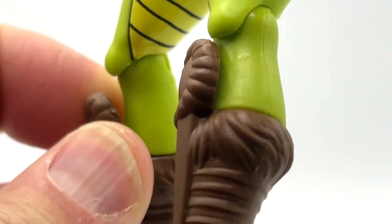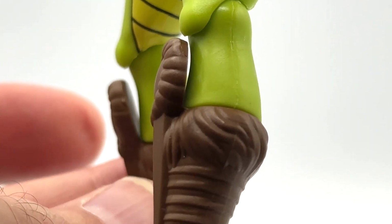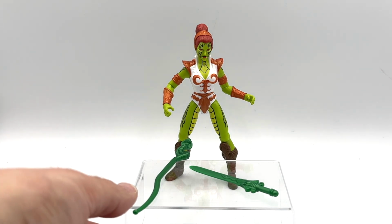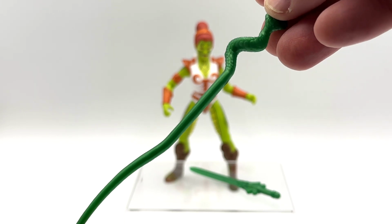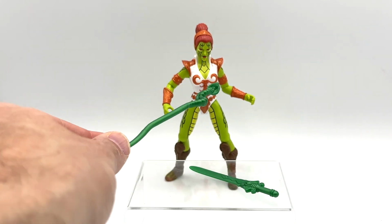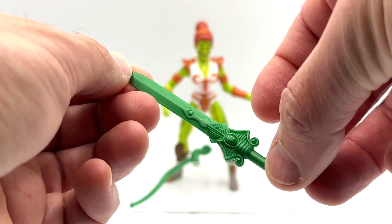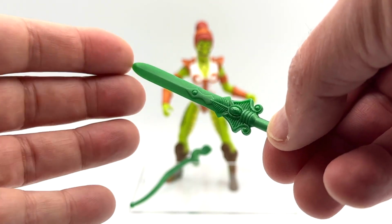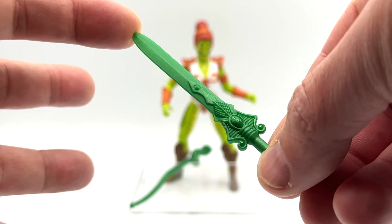And you can also see that this is kind of a separate sculpted-on piece and it's not connected to her leg. All right, and Snake Teela comes packed with her green recolored snake staff that came with her original figure, and this is basically a repaint, so there's really nothing special about it. And again, this is also a repaint from her Teela and Zodac 2-pack sword, but I actually love the green cast in here. Kind of brings out a lot of the detail that might have gotten lost in the gold treatment